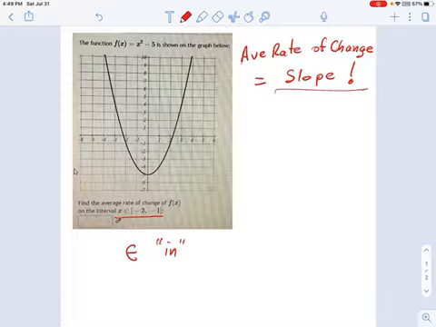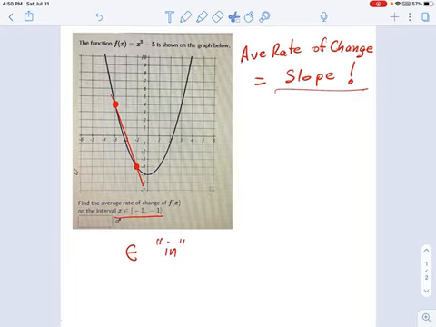So it's saying that our interval goes from -3 to -1. X is in those values right there. So where's -3? Right here. And -1 is right here. So what's the slope on a line connecting those 2 points? And it's going to look something like that. And I want to know what the slope is.